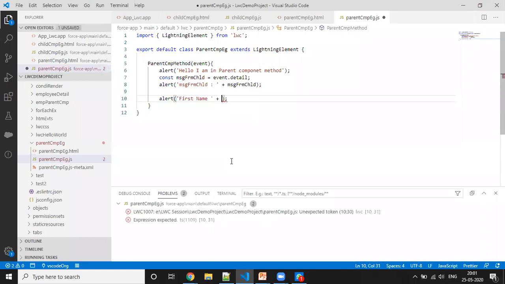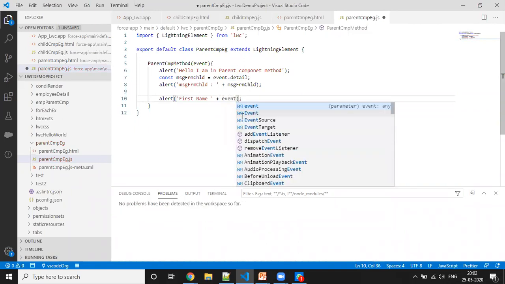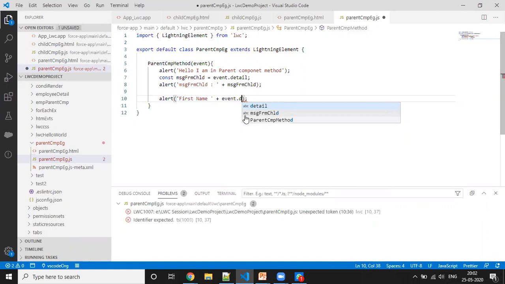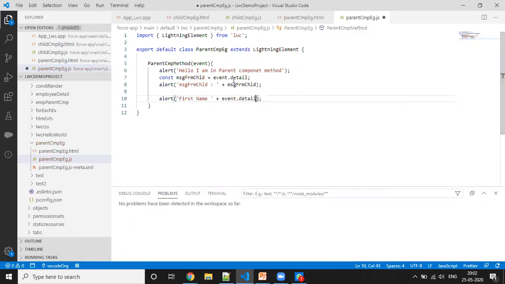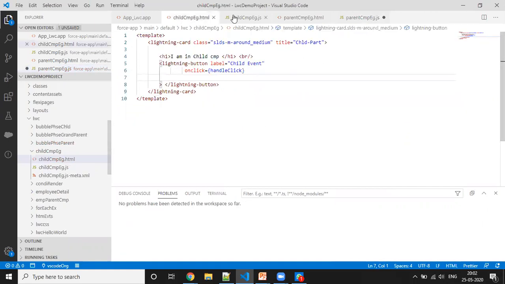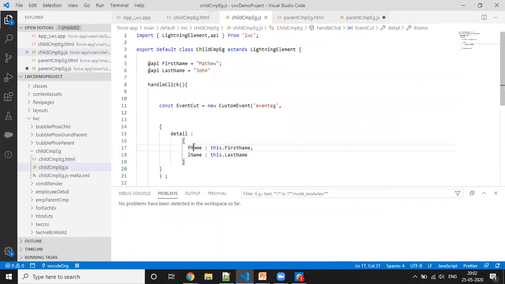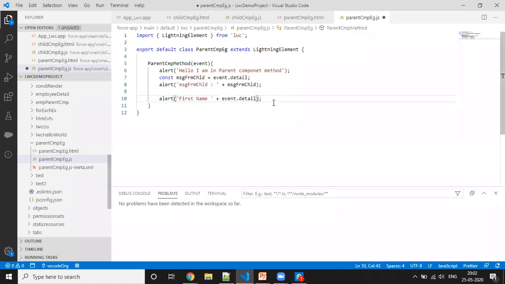How we are going to access this: right now we were directly accessing event dot detail, but now we access event, then detail, the same thing, but in the detail we have first name. So I'm going to access this first name directly here with dot.